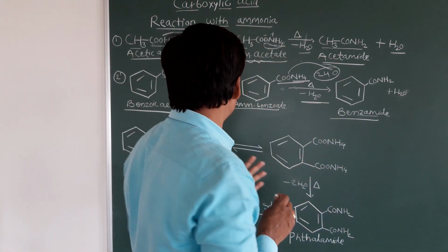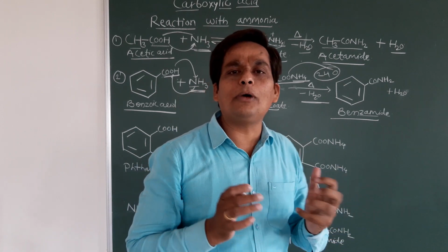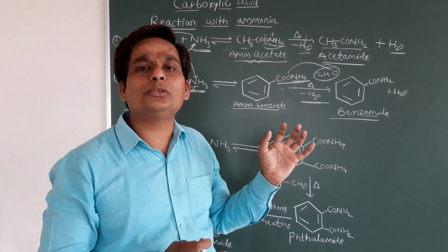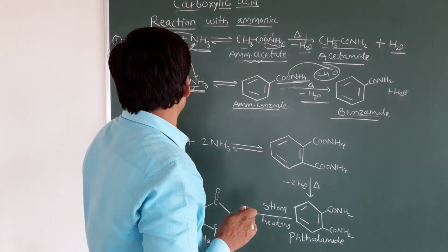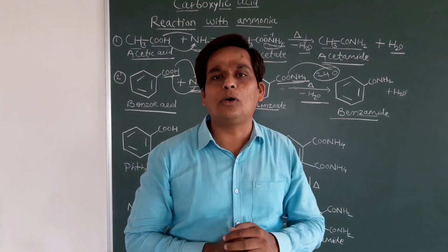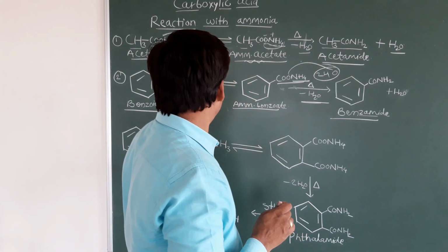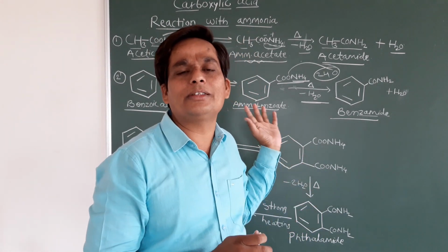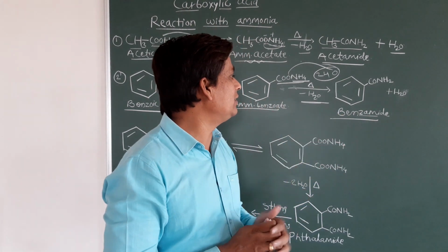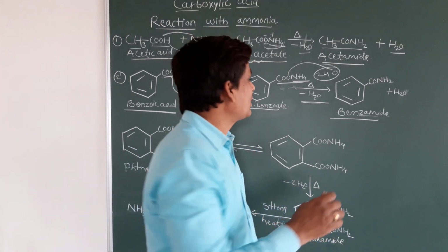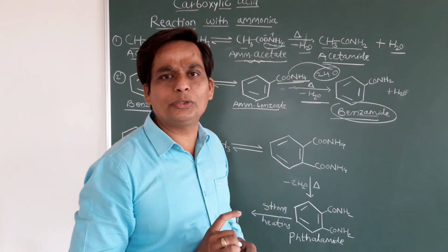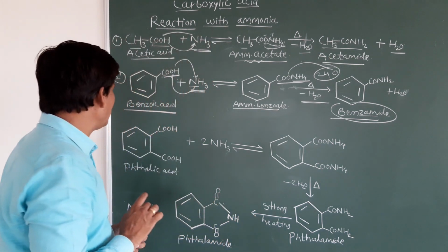Sometimes in the exam, how will they ask the question? What is the action of ammonia on benzoic acid? Or in another way, they may ask, what effect occurs when benzoic acid is treated with ammonia molecules? Just see the reaction. When ammonia reacts with benzoic acid, first we get ammonium benzoate, which on heating again loses water molecules, and finally we get benzamide. Students, clear all of you this reaction? See one more reaction.